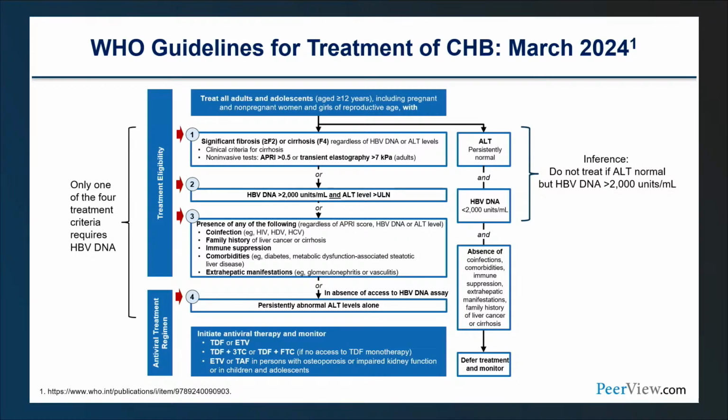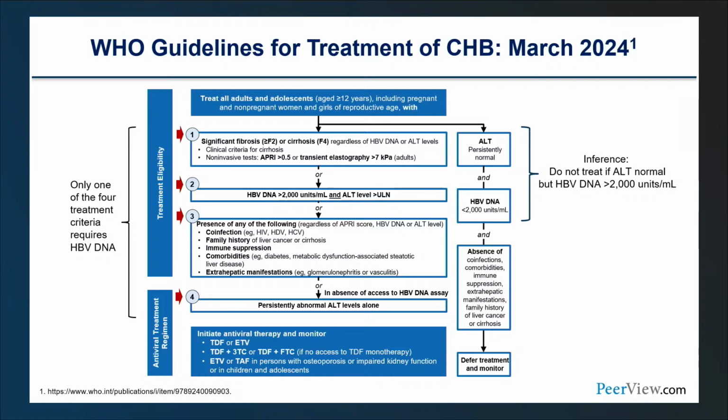But the most recent guidance that was released is your WHO guidance, and that is not only relevant for the United States, but the world, right? This is the WHO, and they came out with recommendations in March of 2024. They say that if you have any of these 4 criteria, any, so not all 4, but any of them, which include an adult or a child of 12 or older, including those that are of reproductive age or actively pregnant. If you have significant fibrosis, greater than fibrosis score of 2 or higher, and any replication or irrespective of replication, you should warrant therapy. If you meet the ASLD criteria of a hepatitis B DNA greater than 2,000, that's independent of e antigen status, and ALT above the upper limit of normal, so a little more permissive than the ASLD,